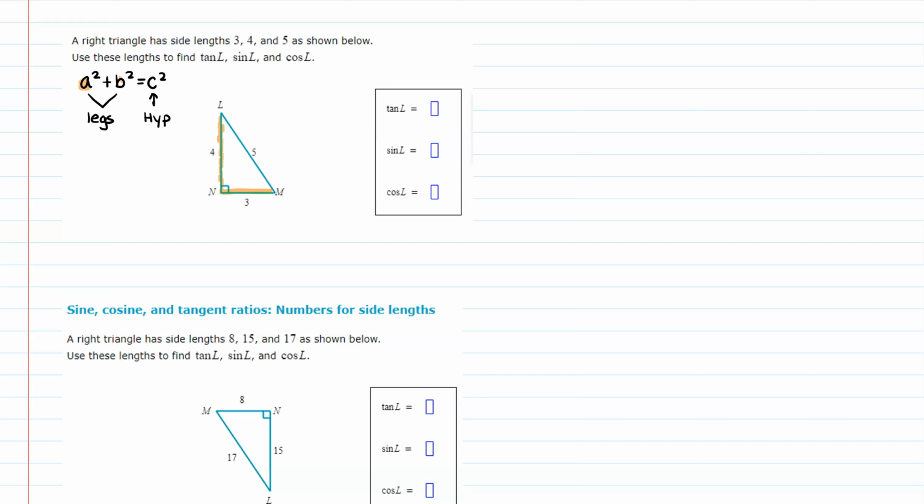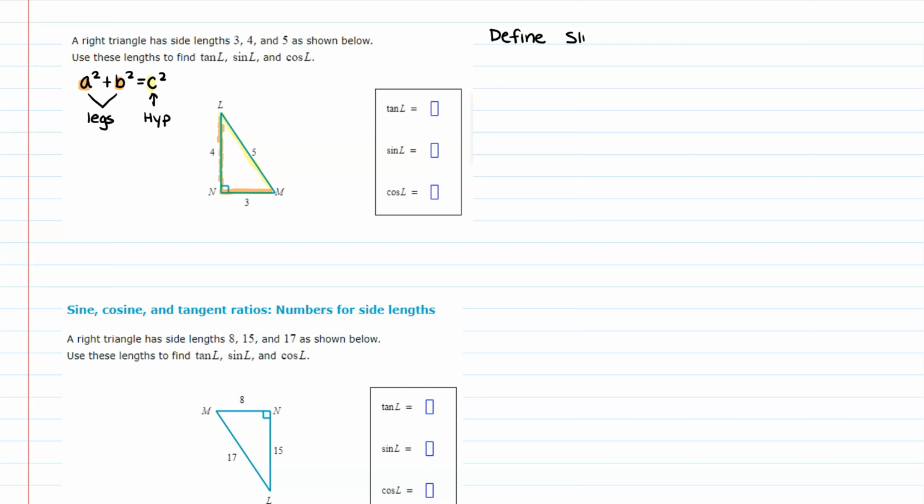So those would be the legs, A and B. And then the hypotenuse is the side away from the right angle. So not touching it, that's your C. Okay, now again, these two already have all the sides, so we don't have to do that, but we might have to do it later. So now we're going to make a definition. We're going to define